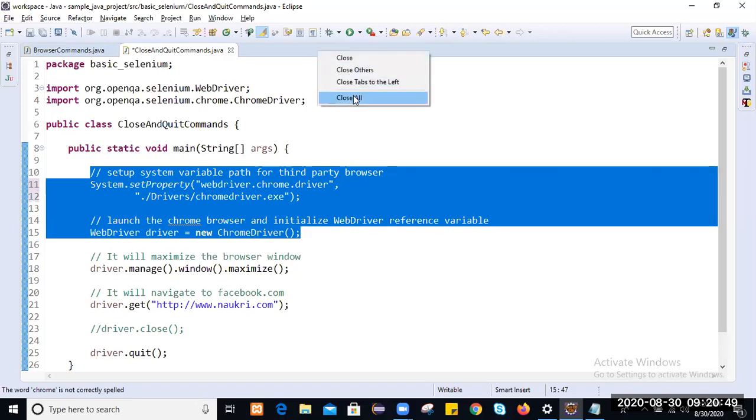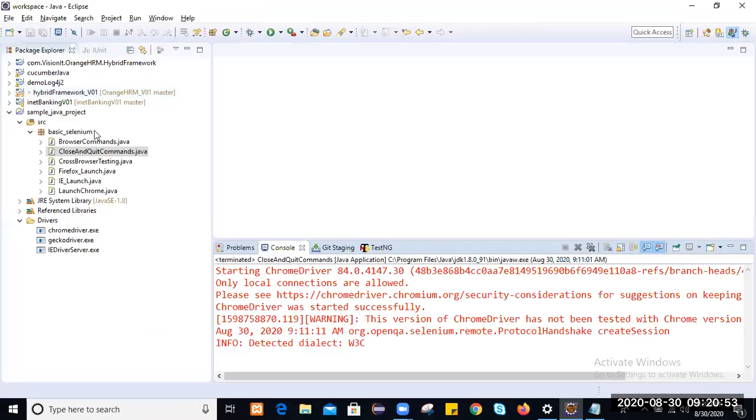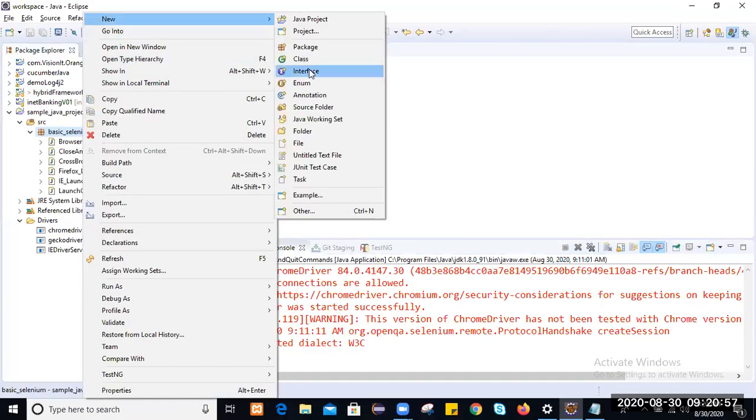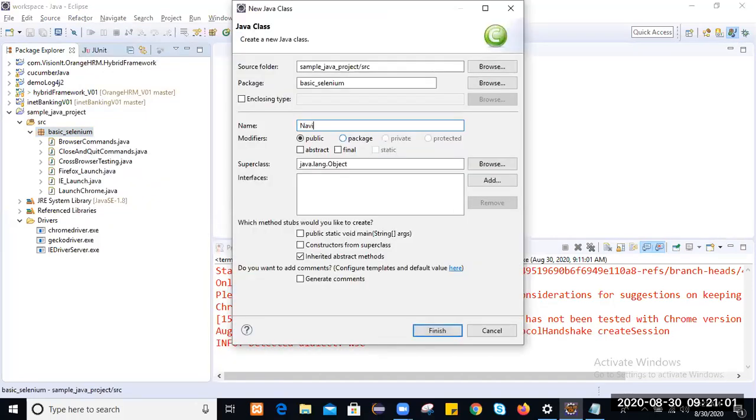Close all this, save it, right click on basic selenium, go to new, create class, and name it navigation commands, WebDriver navigation commands.